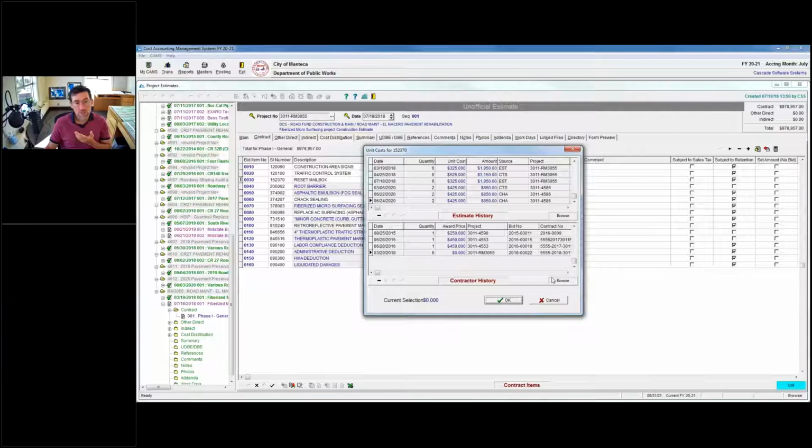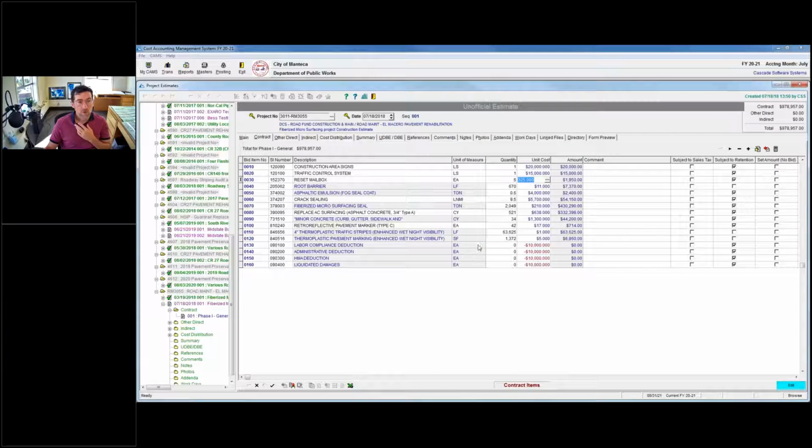So you can use this to get a sense of what the heck does it cost to reset a mailbox. I honestly would have no idea. Is it $325 or $50? I don't know. Root barriers is measured in linear feet, and there's 670 linear feet. So what we're doing here,